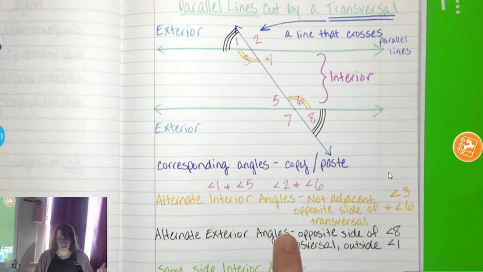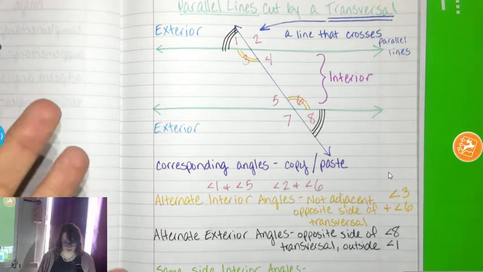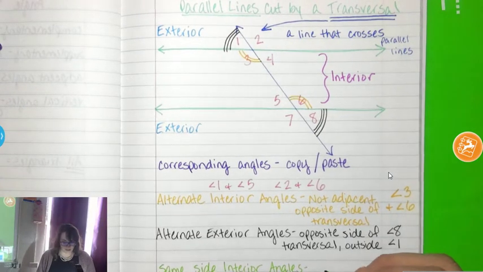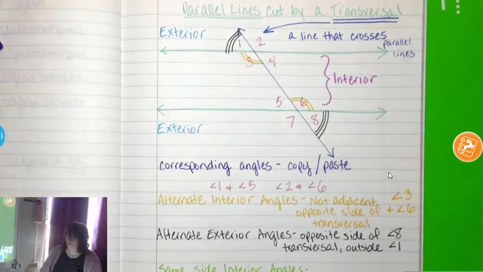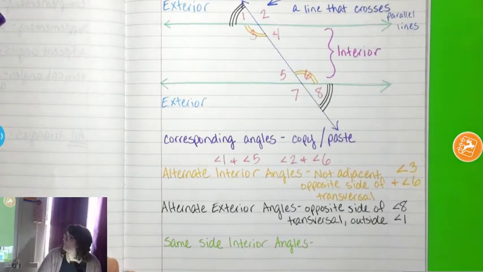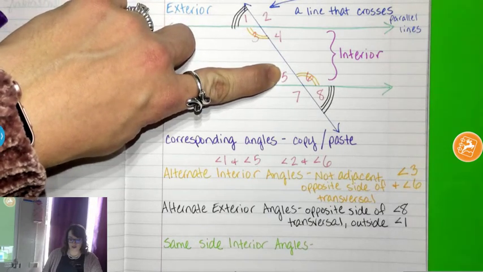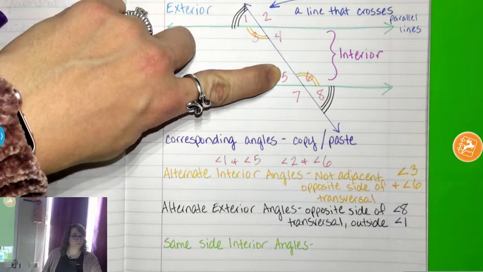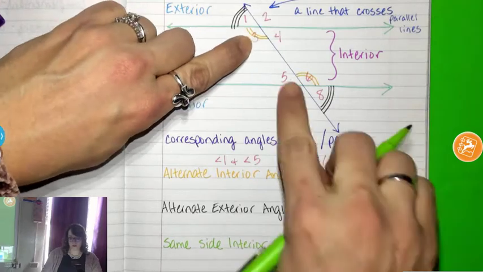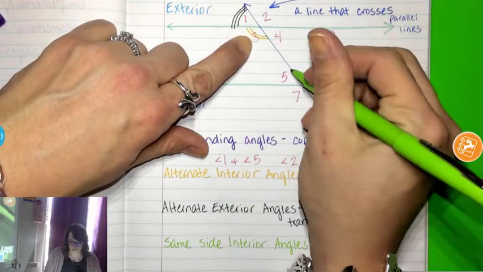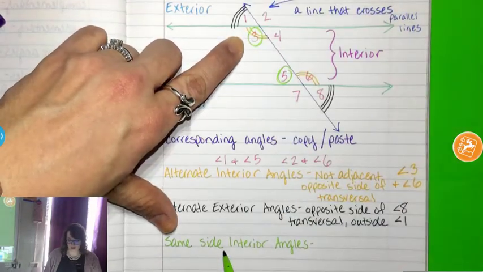So alternate means opposite sides. So same side means not the opposite side. So obviously same side of transversal. Let me just give you an example. If I'm talking about angle 5, what is its same side interior angle? 4? Same side, not alternate. Oh, 3. So you're looking for these two. So 5 and 3 are same side